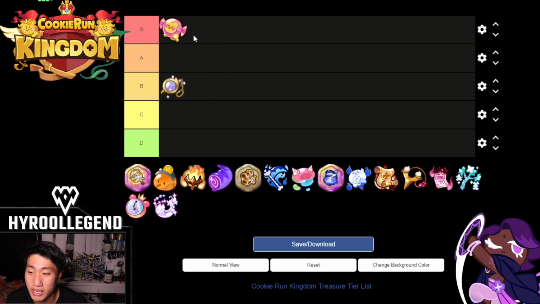Lollipop is going to be at an S tier. S tier because, even though it is a rare treasure, it is easier to get than any of the epic treasures. Of course, there are RNG factors, and you may get the epic treasures more, but you gotta realize the Lollipop